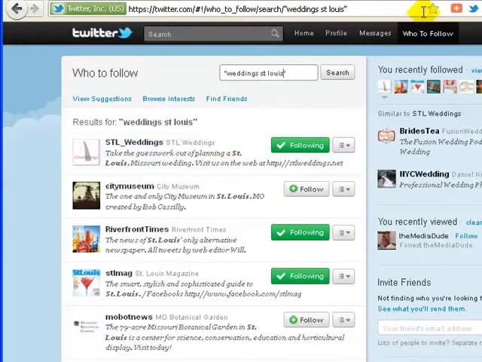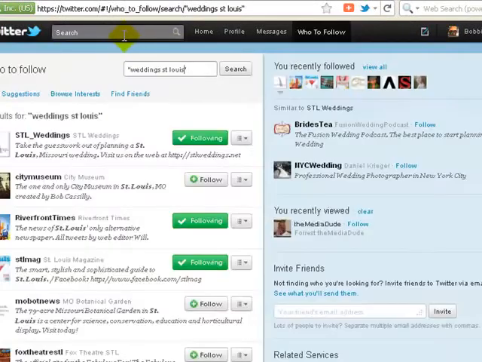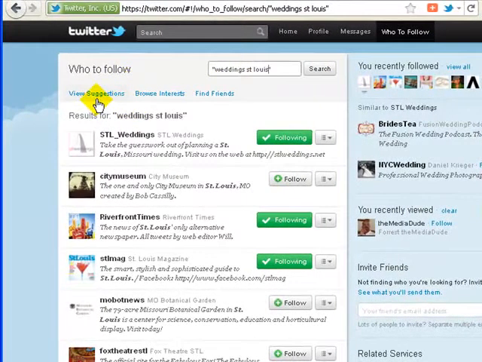When you do a search in the general search box up here at the top, you'll notice there are two different areas. There's the box up here at the top, and then there's the box in here when we do the who to follow. You can also click on the view suggestions box, browse interests, and then find friends in terms of searching. So if we click on the find friends box,